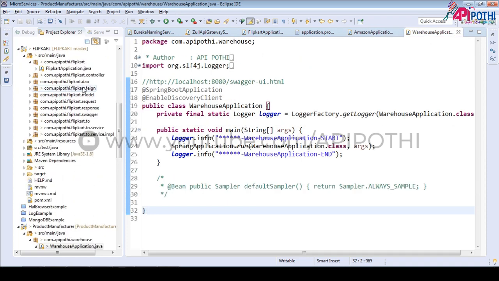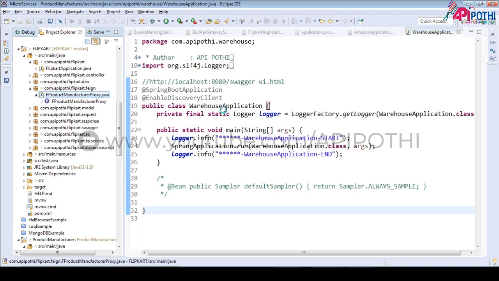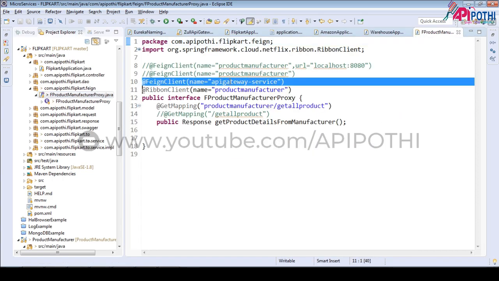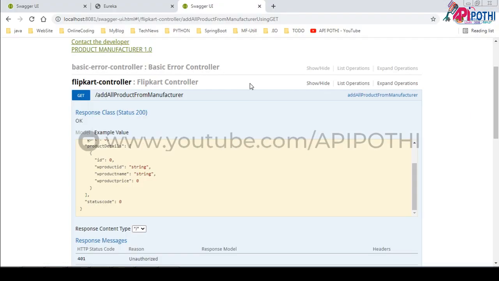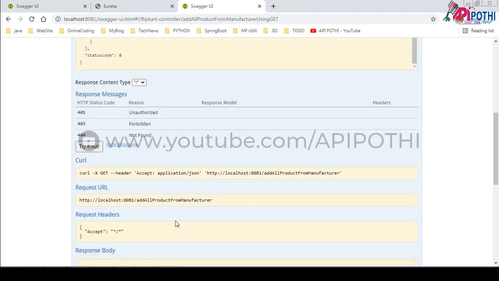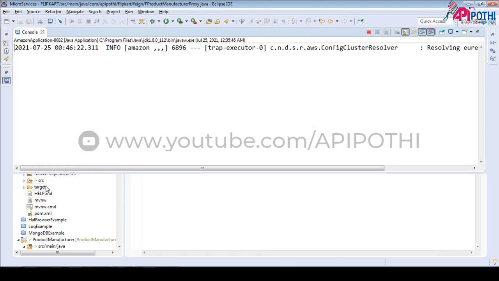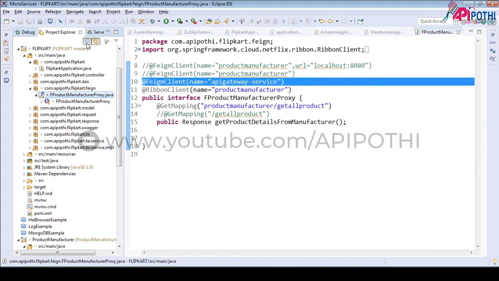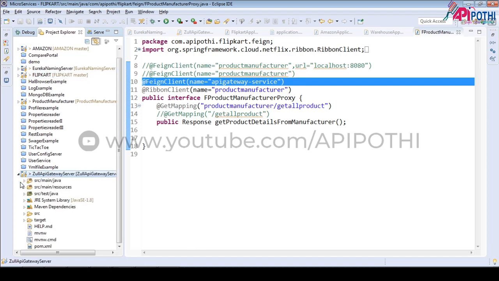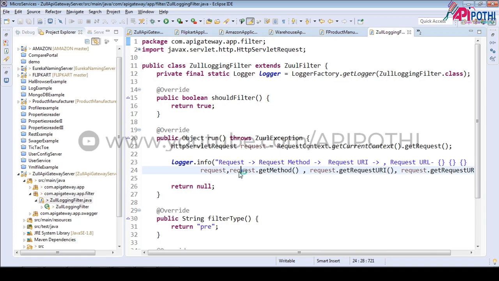You see here somewhere we have that class I have closed, right? So here we have configured through API gateway only, and now we are able to receive the response. Means our API gateway configuration is working perfectly. Now we have kept some log inside the API gateway, inside the filter. We are going to see what this log means.